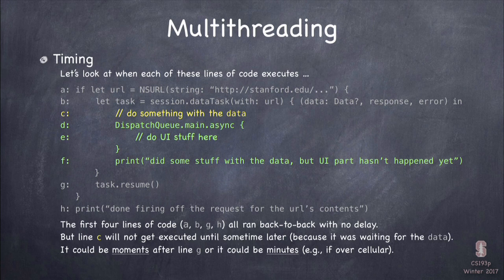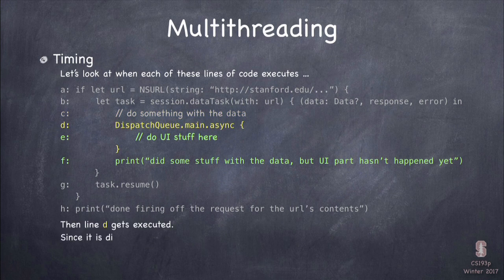So this line of code C, you have to be careful. It could happen much later, and by the time it happens, you may not even care anymore. If you had a really slow network, a big file, by the time you come back, the user is like, I don't even care about it. So they're gone. So when you come back to line C right there, you better check and make sure that you still even care. Make sense?